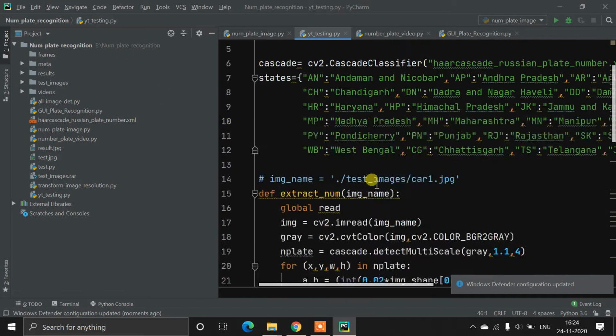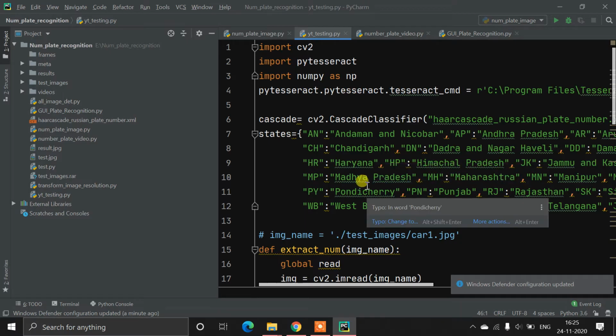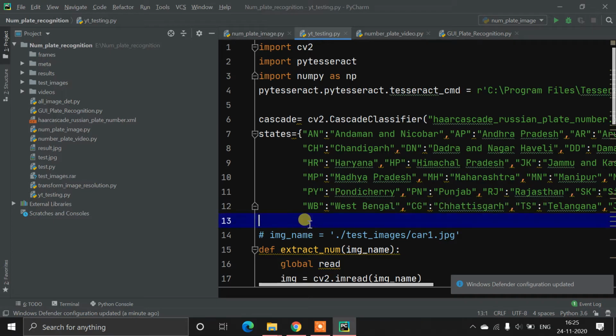So in this video I'm going to tell you about a license plate recognition system. Around 3 or 4 months ago I uploaded one video of the testing, which showed a license plate recognition technique. So in this video I'm going to talk about how you can make this system using your own Python code. So let's see how it's working.